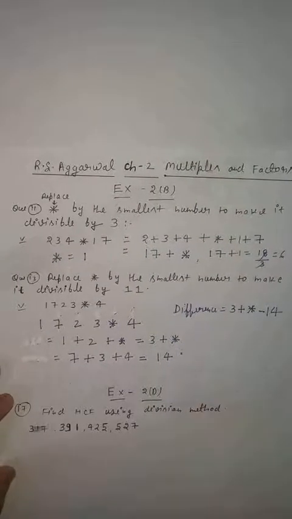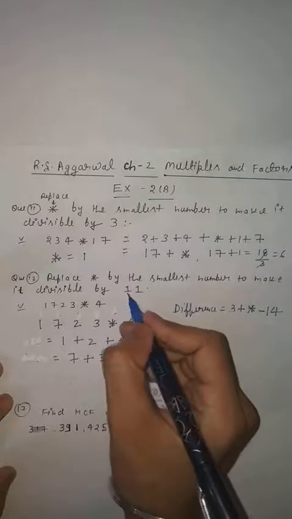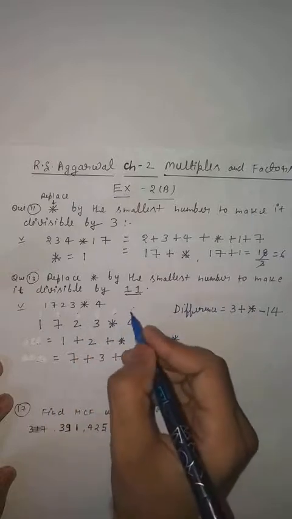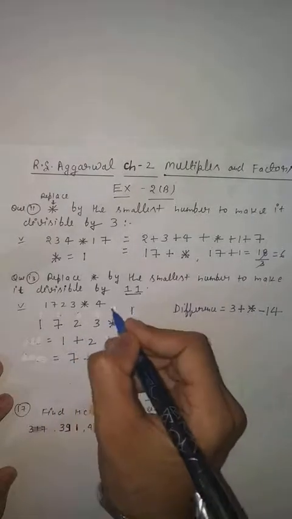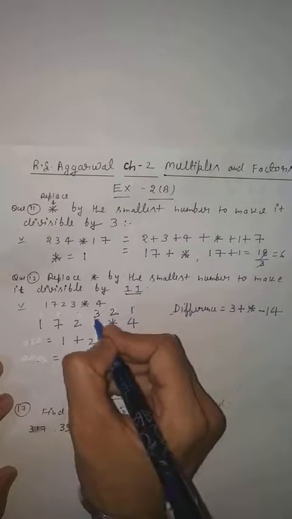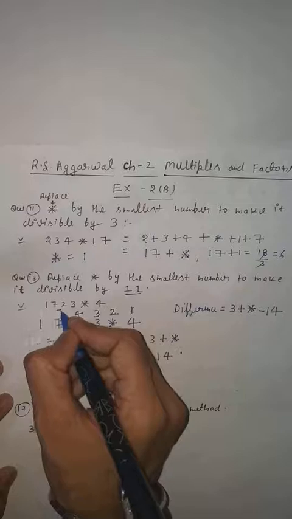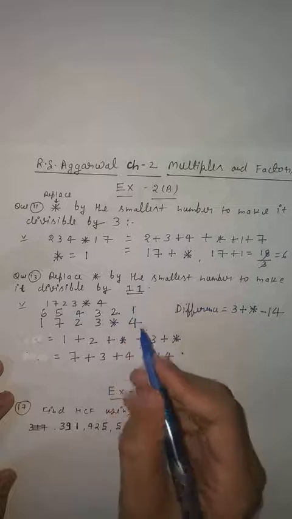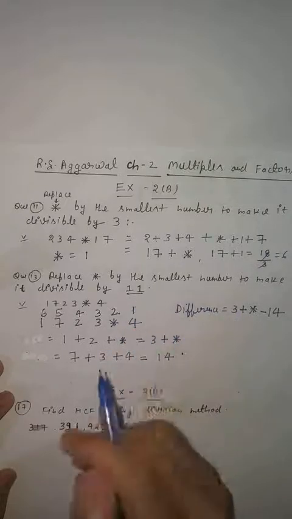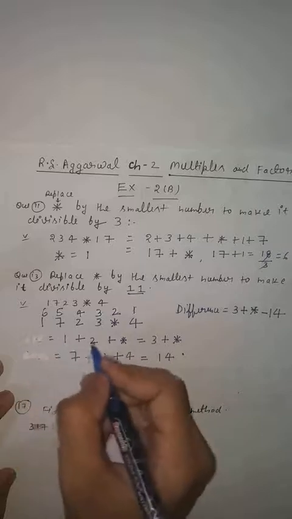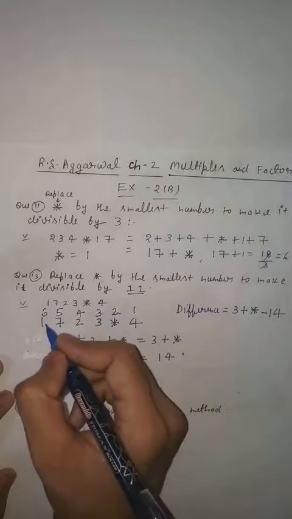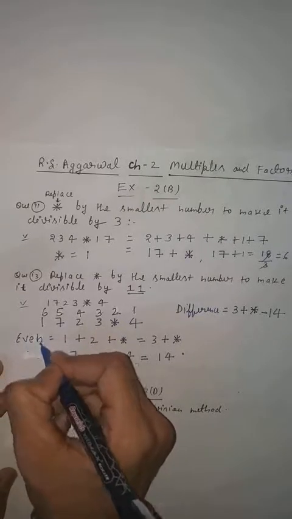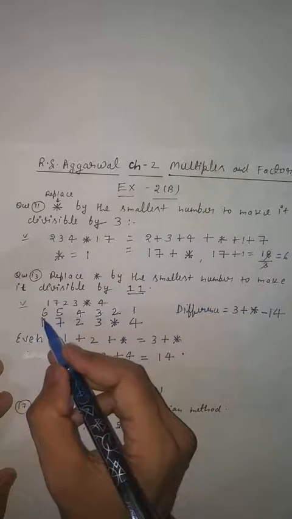Students, there is a mistake in this question. If you have to check the test of divisibility by 11, you should give the marking from the ones place. Here you will put 1, 2, 3, 4, 5, 6. Always remember this, students: to check the test of divisibility by 11, you have to mark the number from the ones place. Now check what I have written. This is your even place, as 6 is even.